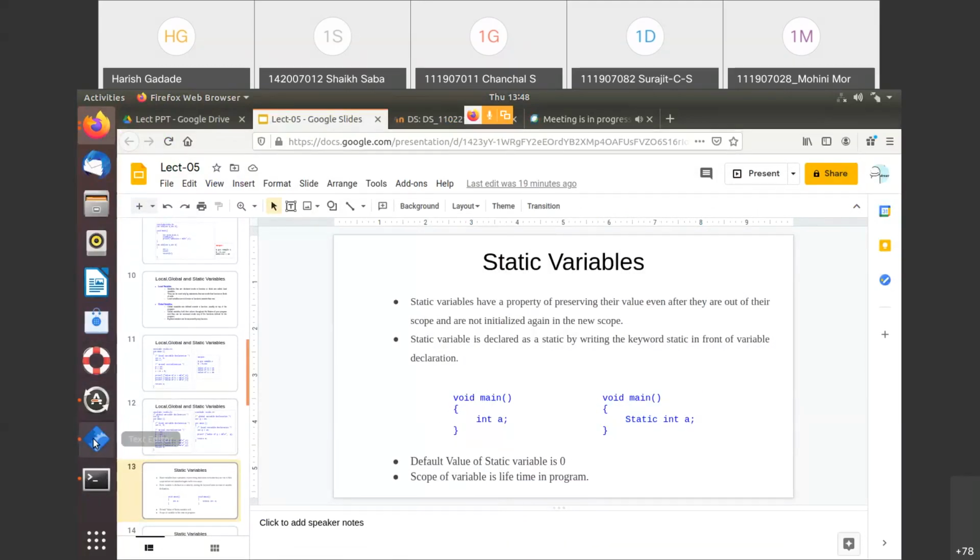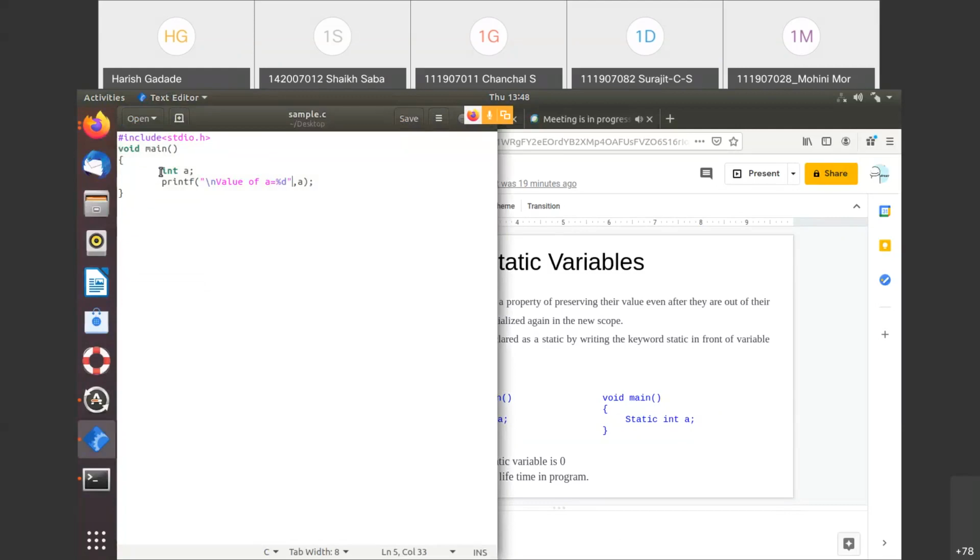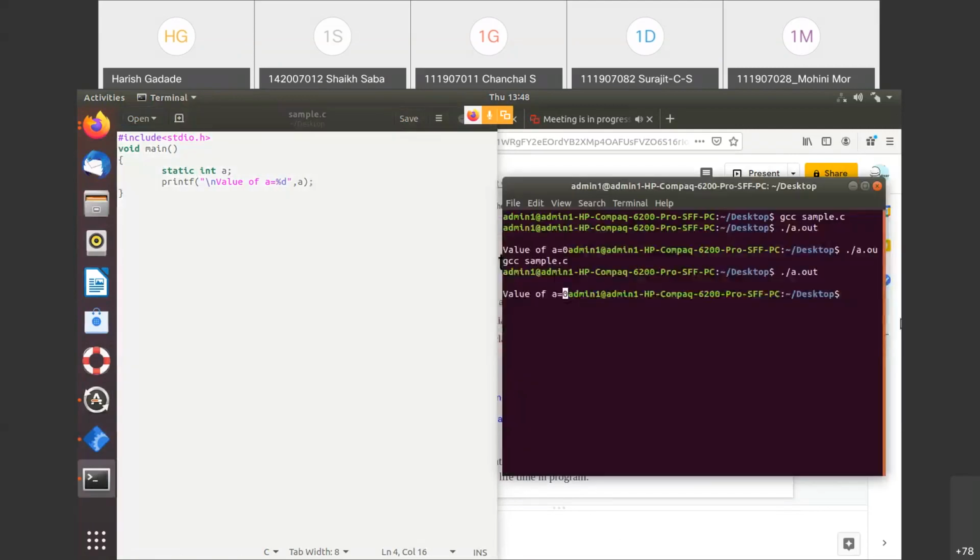I don't know why it is giving this, but in the static case the output should be 0. In this program, it is giving 0 in both cases, right?